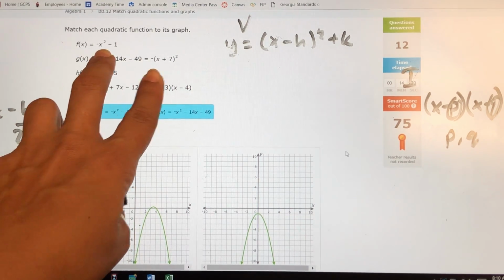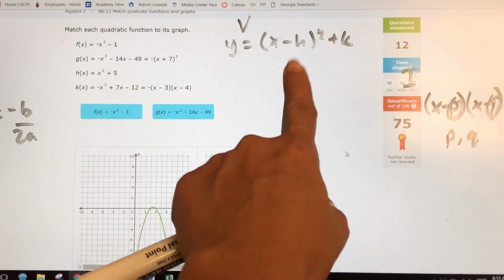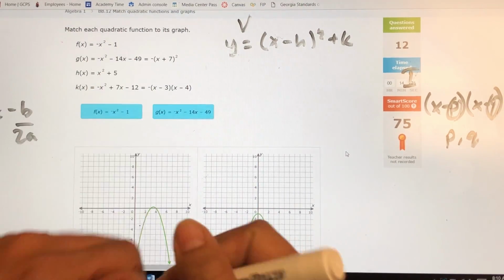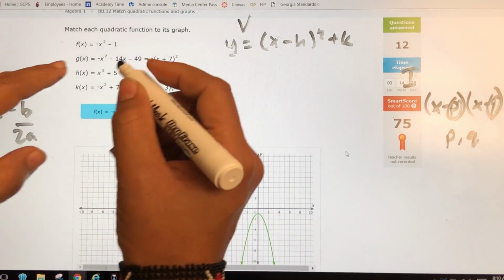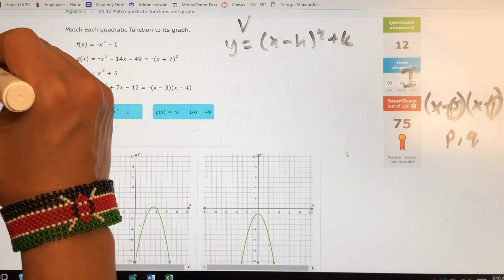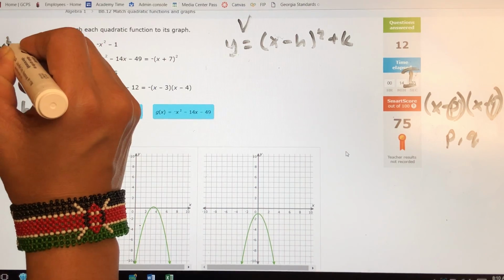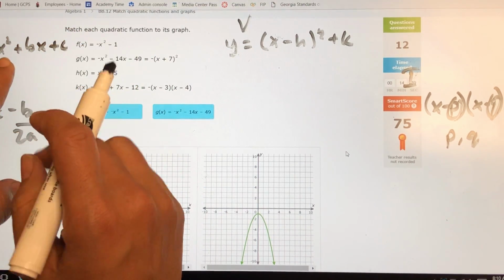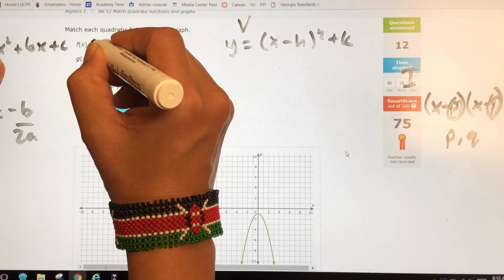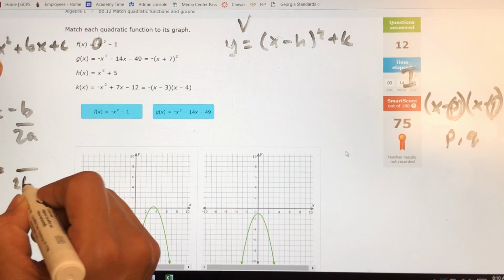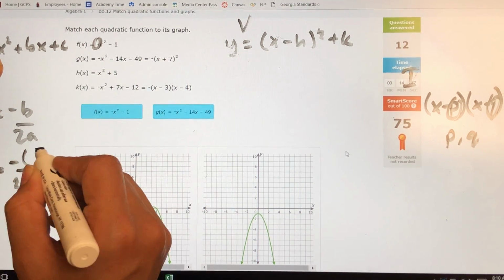I can do either vertex form or standard form. So I did vertex form on the last one, so I'll do standard form on this one. So here it is in standard form. I'm looking for A and B. So remember, for standard form, I guess I should have written this somewhere. Y equals AX squared plus BX plus C. I need the number with X squared is A. So what's that? -1. So when I write it down here, I'll write -1 there, and then a minus, and